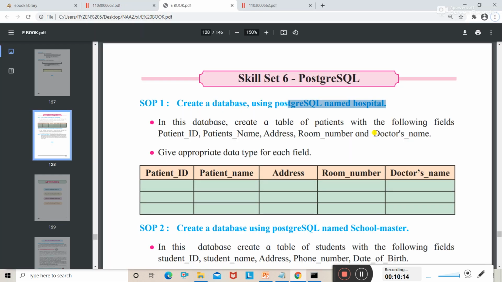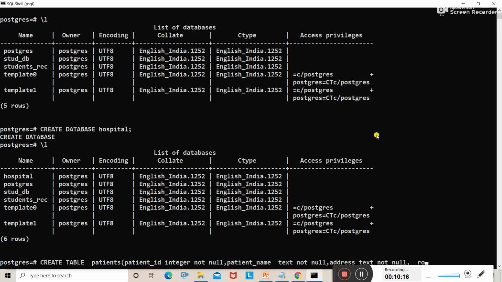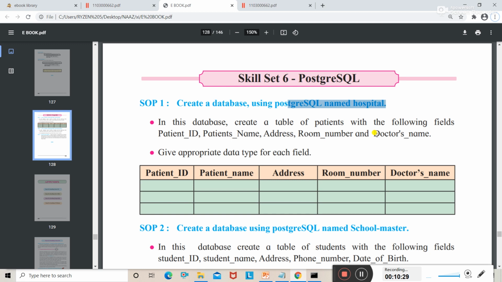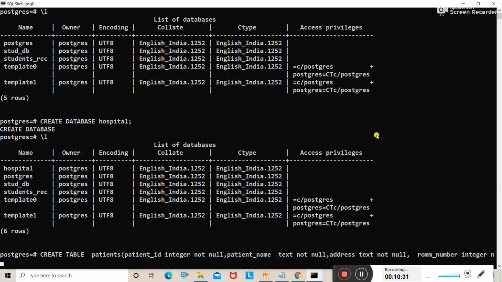Next is room number. For room number, we are going to assign the number type of data. So again, you need to assign this as integer type. Okay, integer type. Then the next field is doctor's name. You cannot leave it blank, right? So not null again.